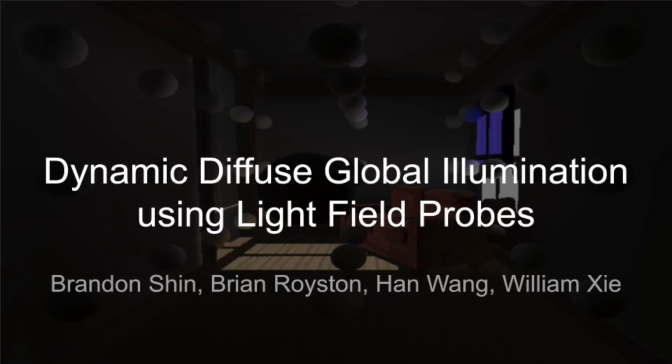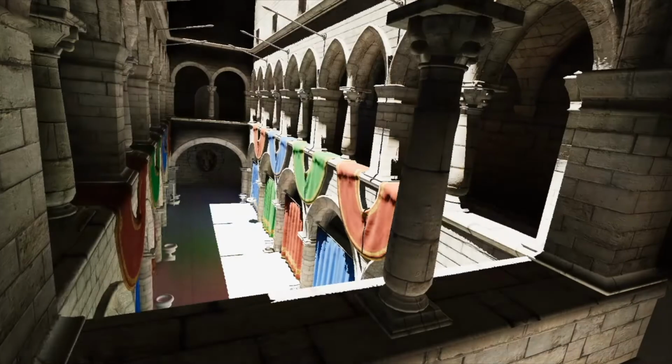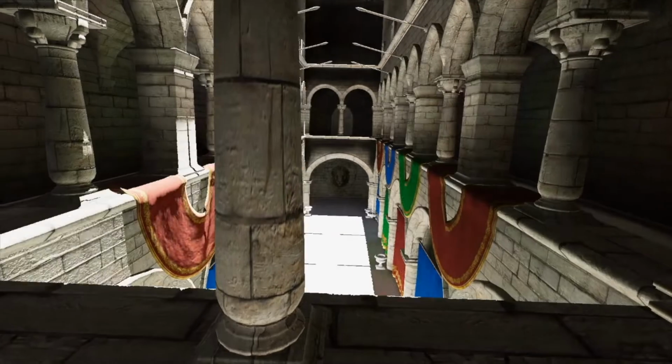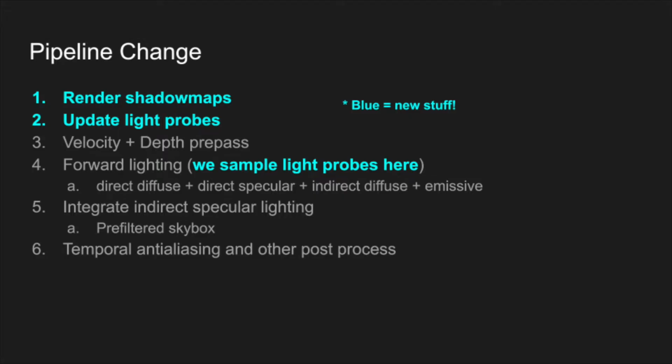In this video, we will present a solution to the real-time diffuse global illumination based on light field probes, which also supports dynamic light sources. The project is based on a customized render pipeline in Unity. We've added passes to render shadow maps and update diffuse light probes, which is used later in the forward lighting